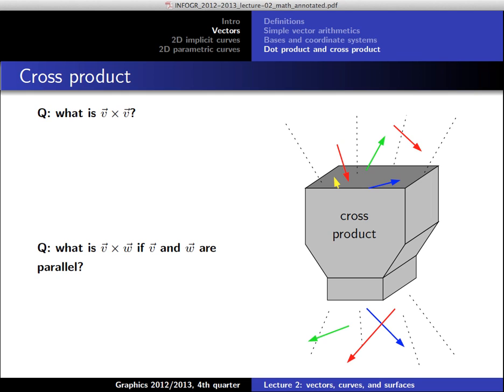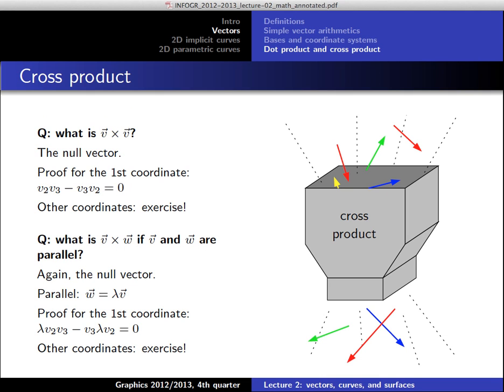So one question is, what is the cross product of a vector with itself? And the other question is, what is the cross product of two vectors that are parallel? And we can make a formal proof in the same way as I've proven that these vectors are perpendicular to each other, by just taking the individual coordinates. The answer in both cases is the null vector, and that is the thing that we want to prove, and we prove that by just taking the general case, taking the coordinates, writing it down,